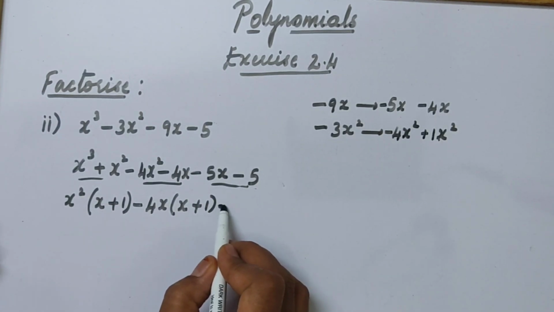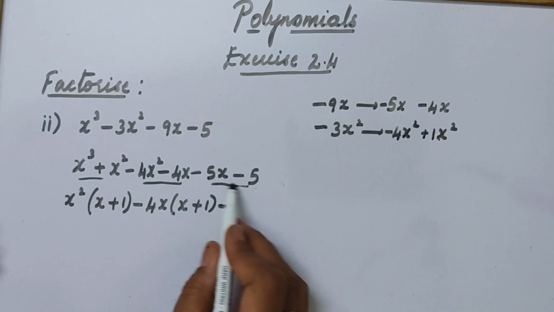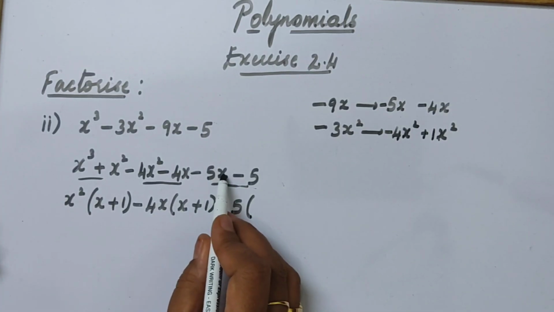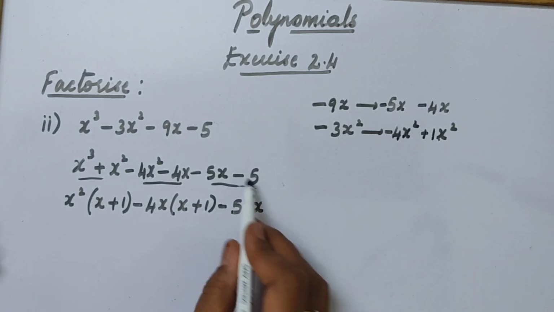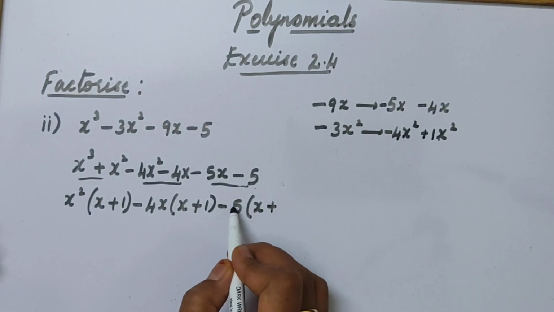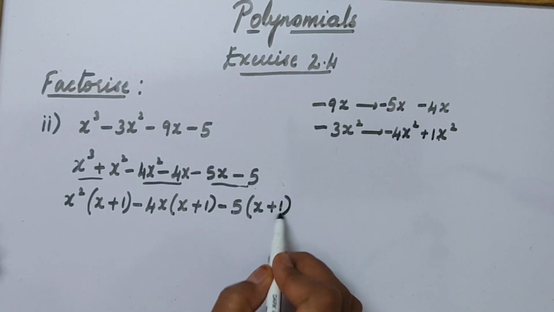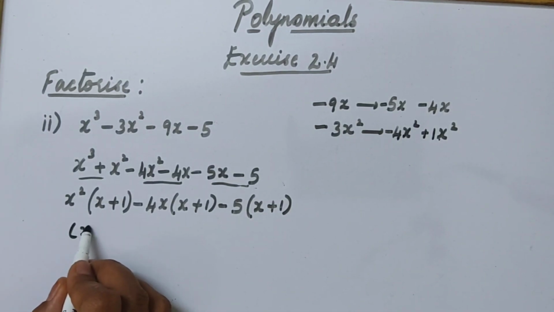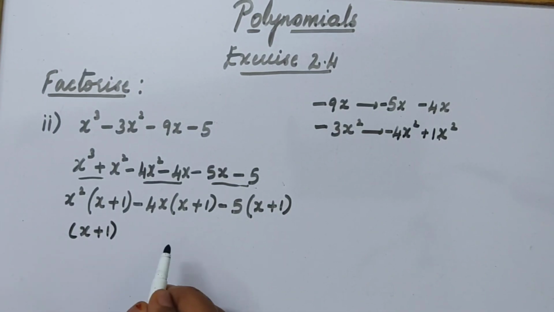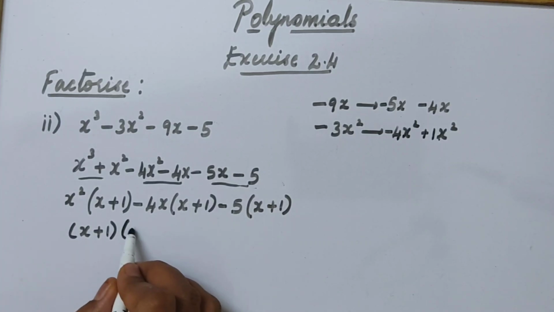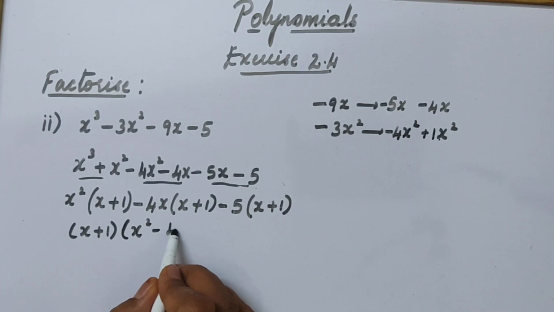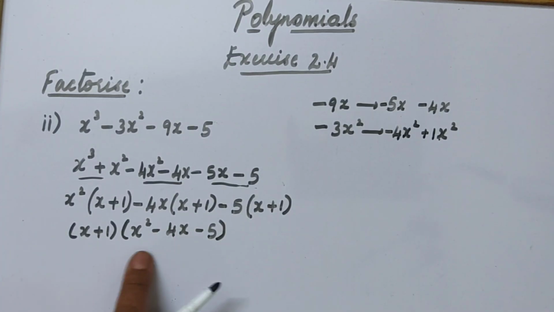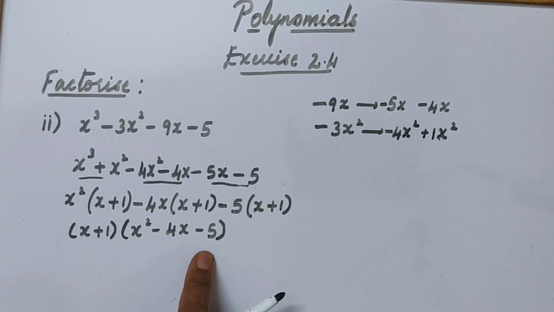Now here next is minus sign. In these two, as you can see, 5 is common. 5 ones are 5, gets cancelled, I get x here. Minus into minus is plus. I hope this is clear to you all. Now as you can see that the bracket is common, right? Now the leftover terms I am going to write here, that is x square minus 4x minus 5. Now this is a quadratic polynomial, right?